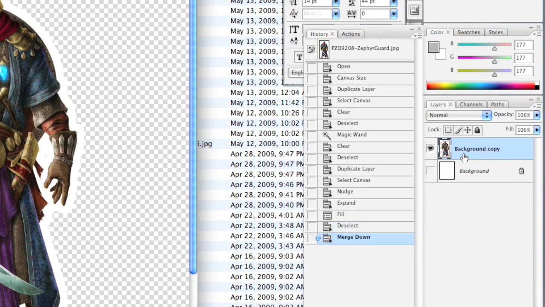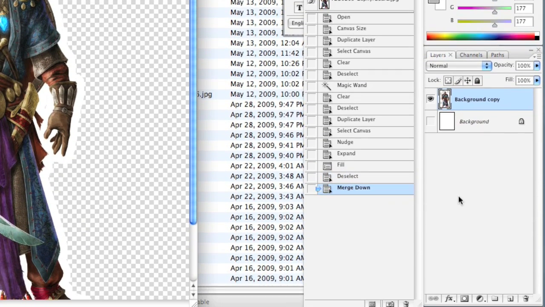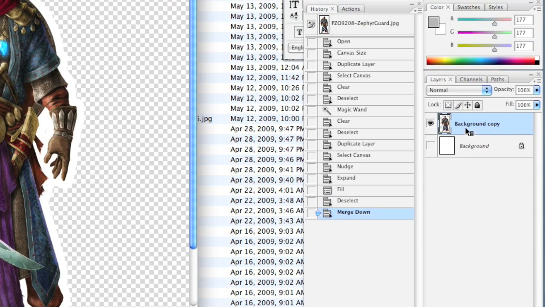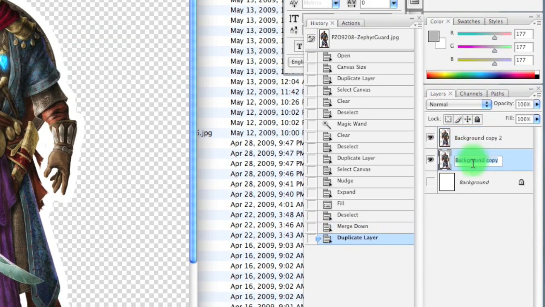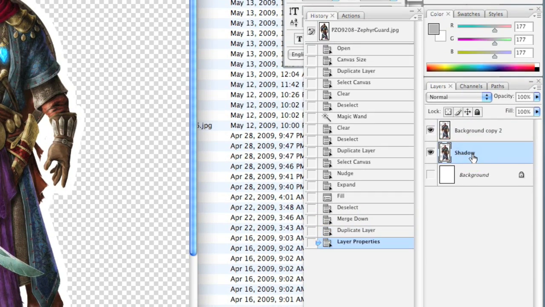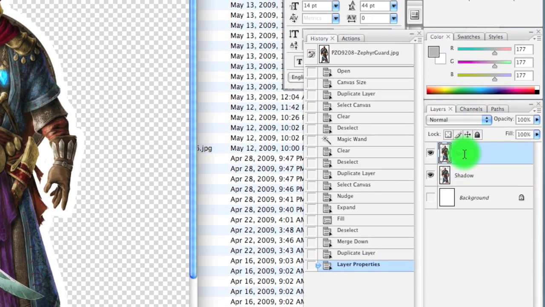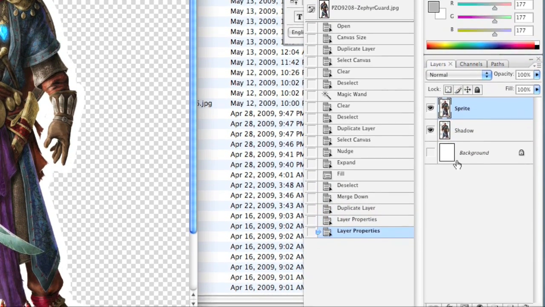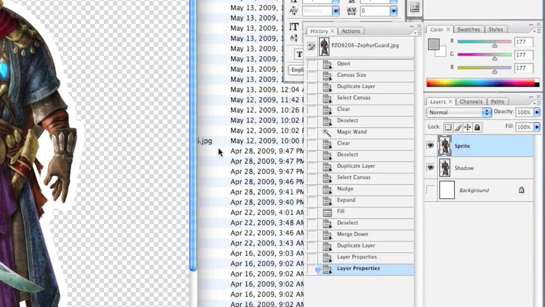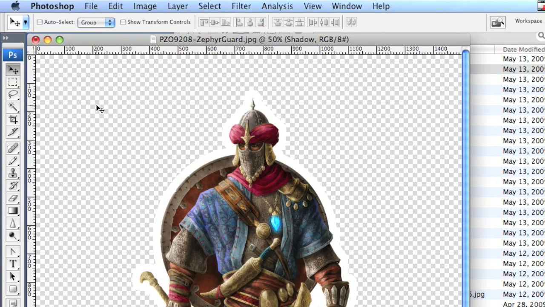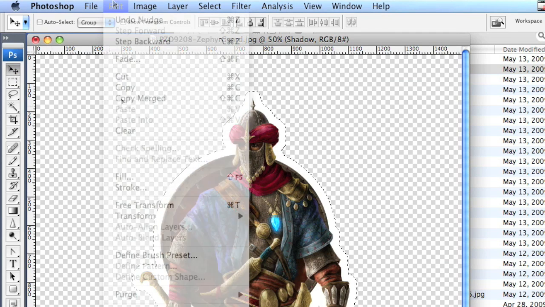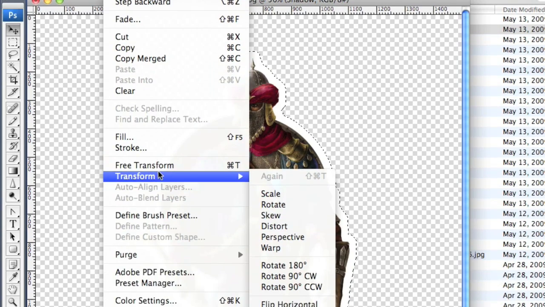And we're going to come on over here and we're going to merge those two layers together. And then we're going to duplicate this new composited layer. And this one here is going to become a shadow, and this one is going to be the sprite. So we'll start with the shadow. What I like to do there is I like to select it. I'll use that same trick I did before. I'm going to select all, and then I'm going to use the move tool and nudge it so that the selection tightens around it. Edit, transform,